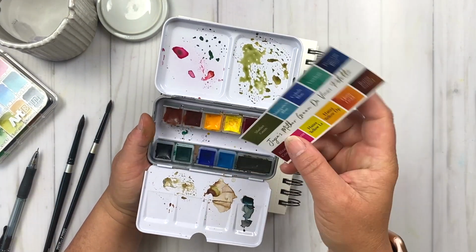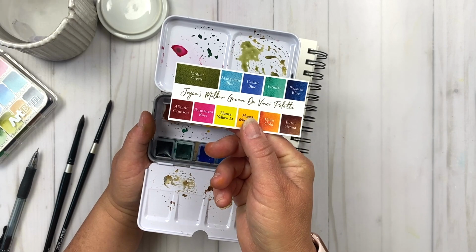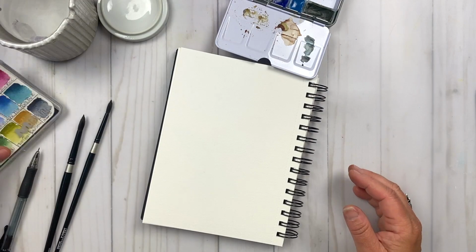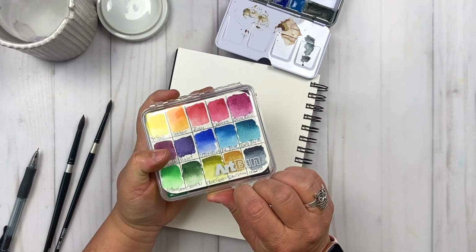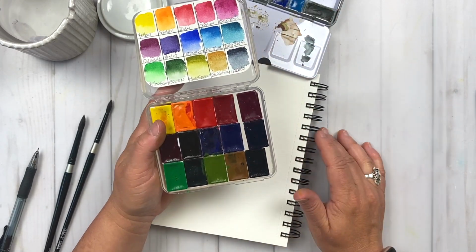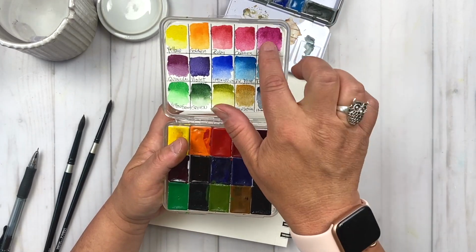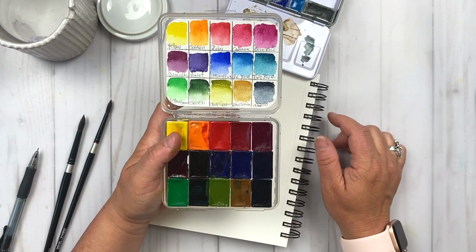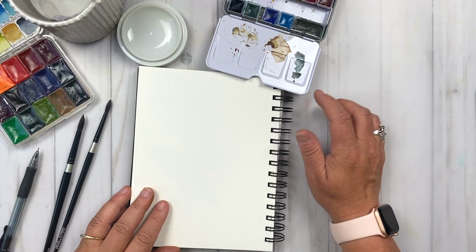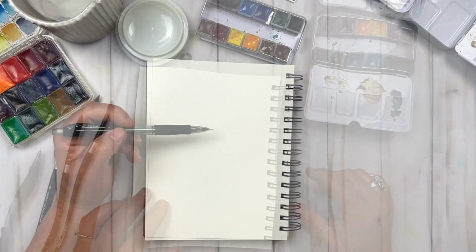Okay, so here is the Da Vinci palette that I'm using. It's called Joyce's Mother Green Da Vinci palette, and I just love the greens in this palette. I also love the greens in this one. This is a set of White Nights watercolors that I just kind of custom put in this little art bin case. And you could use whatever you have on hand,